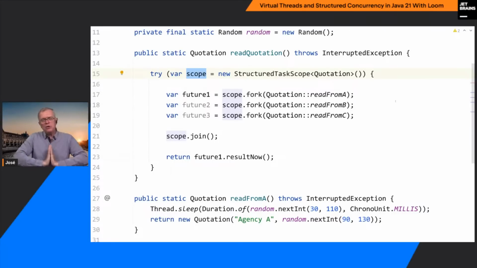So this structured concurrency is a preview feature in JDK 21. There will most probably be another preview feature in 22, due in March. So it's still a work in progress. If you want to participate, if you want to give feedback, suggestions, comments, etc. on this kind of pattern, you need to connect to the mailing list of the Loom project on openjdk.org